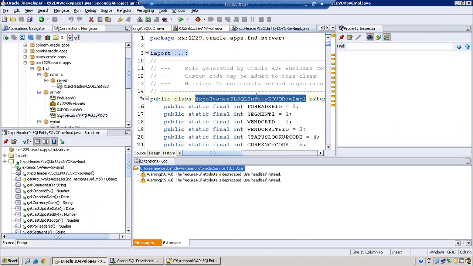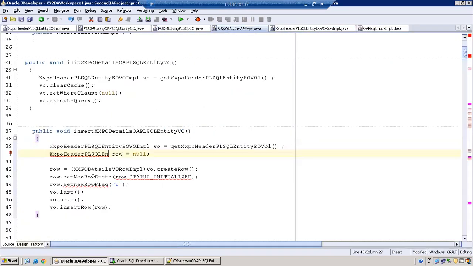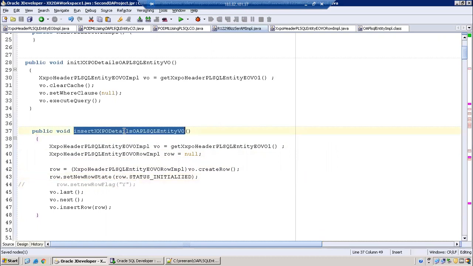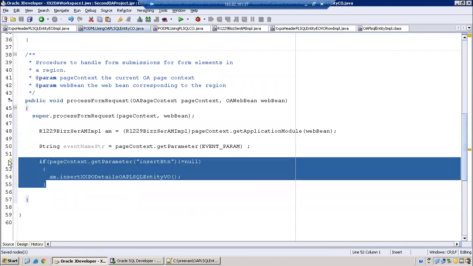So I'll copy paste my class name. Here also we don't have the flag. This method will be called whenever the user clicks on the insert button. AM dot this one. Now, as of now we have not written any